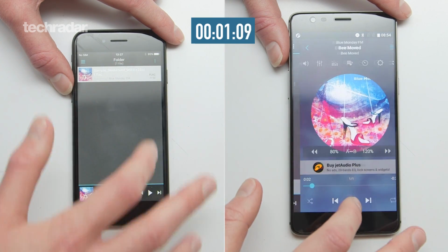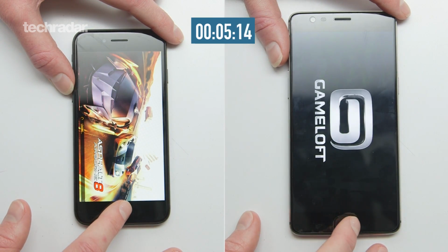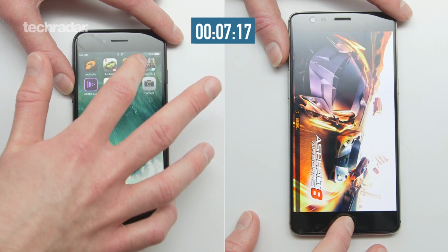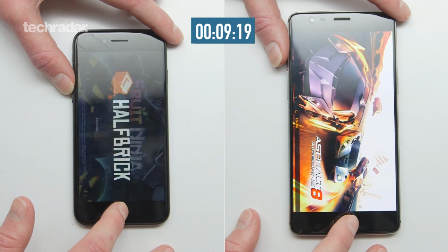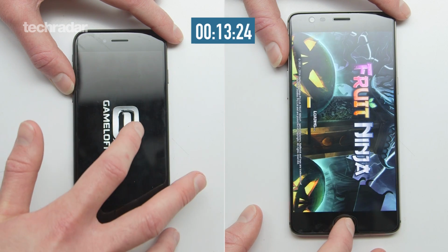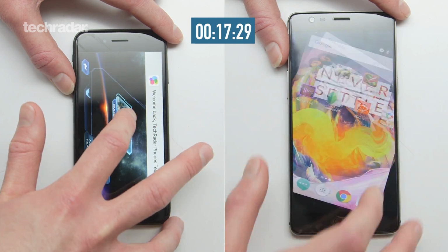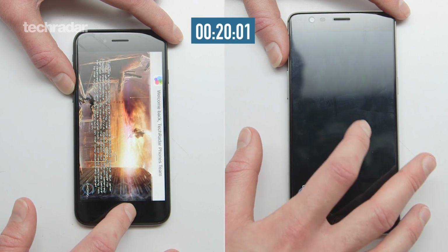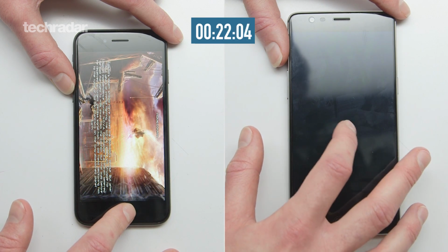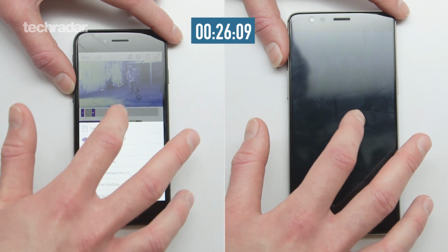Here we go, OnePlus 3T on the right, iPhone 7 on the left, and the iPhone 7 has already taken a slight lead, and that's a surprise. When I went to the OnePlus launch, the founders were saying that the OnePlus 3T was smashing the Samsung Galaxy S7, the new iPhones, pretty much everything when it came to benchmarking, thanks to its Snapdragon 821 SoC and its 6GB of RAM. It means it's got a whole lot of power under the hood, but in our high-powered intensity speed test right